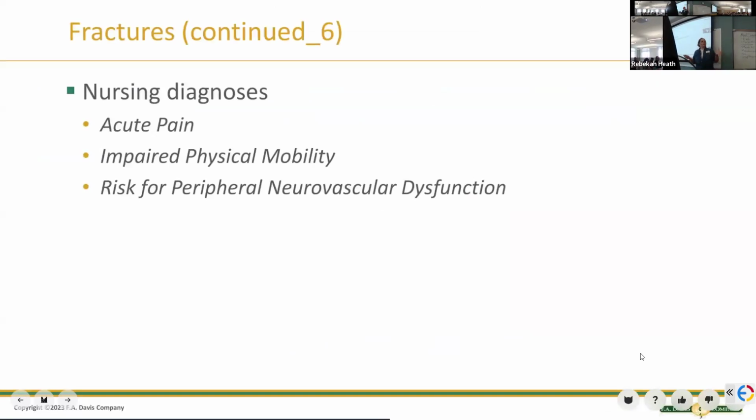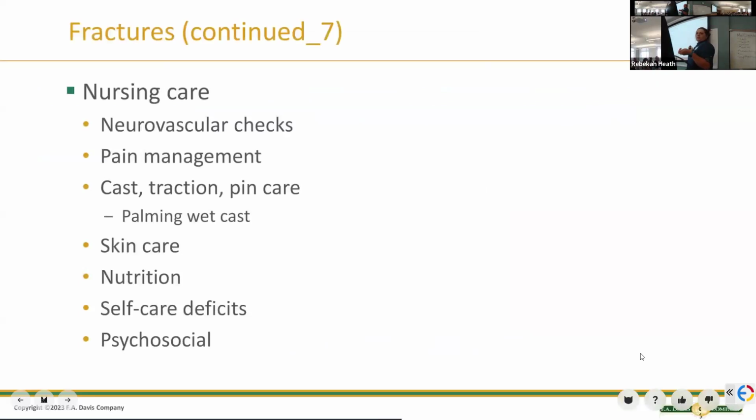So we talk about nursing diagnosis, like when we start doing concept maps, right? Acute pain, impaired physical mobility, risk for neurovascular dysfunction, those are all really good nursing diagnoses for people that have musculoskeletal issues. So some of our nursing care, we're going to do those neurovascular checks you guys learned in lab. We're going to make sure we've got CSM checks, cap refill, pulses. We're going to go through all of that. We're going to look at pain management,